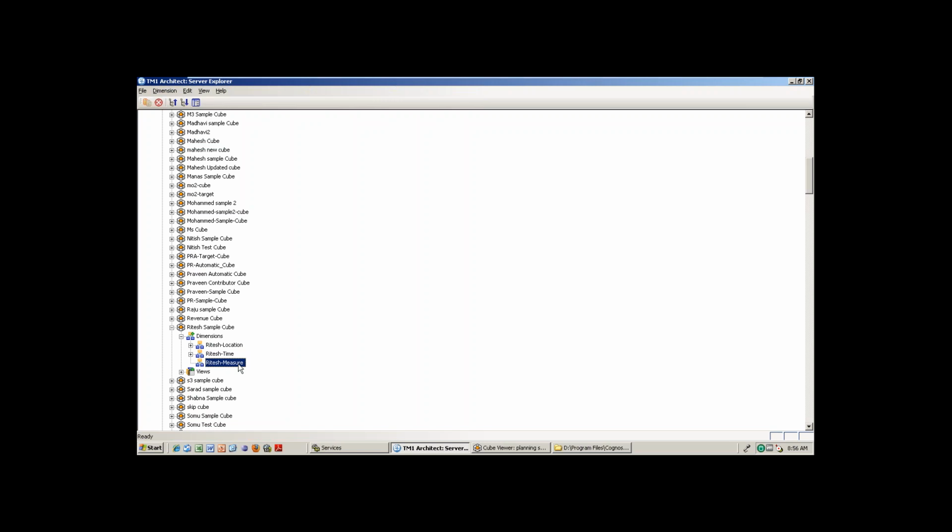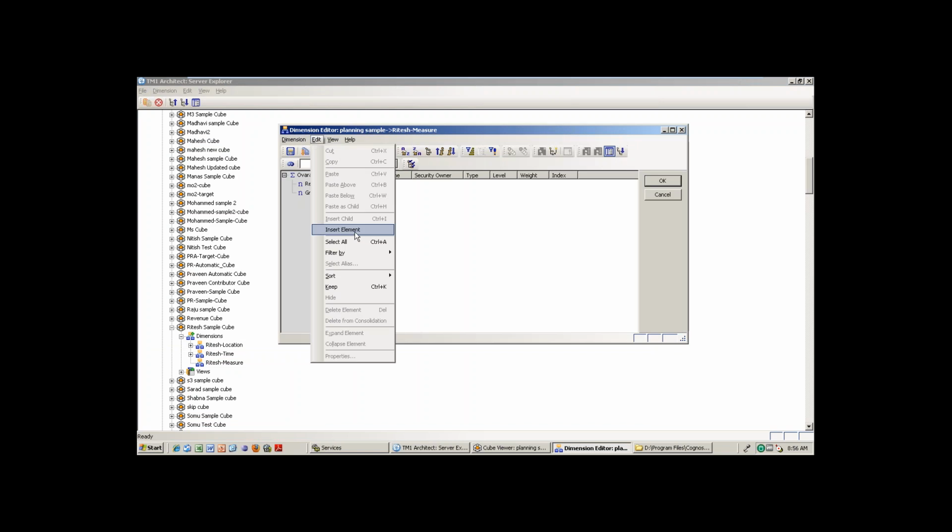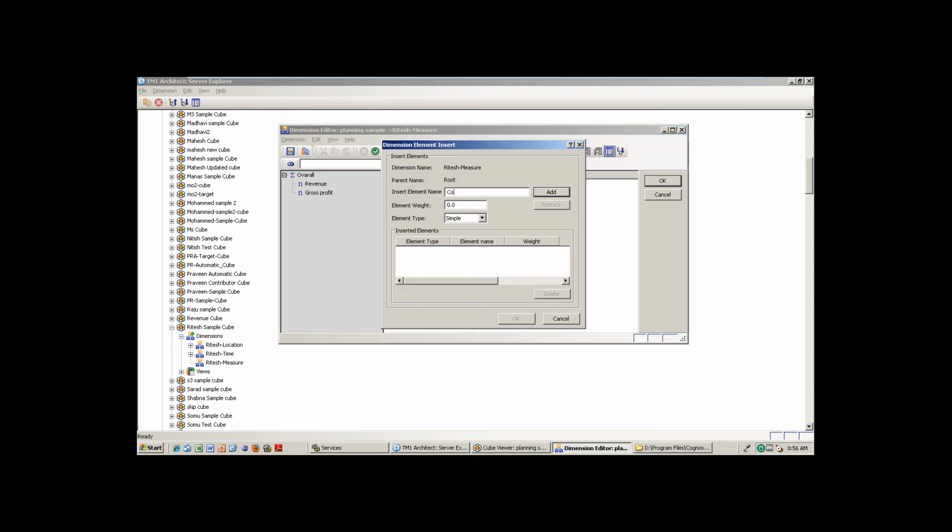We have to right click, then edit dimension structure, then edit and insert element. Excellent. So then I am adding comment. Simple means numeric values. Consolidation means overall. You already know these two things. Simple means all the numeric values you will use, consolidated means overall, right?